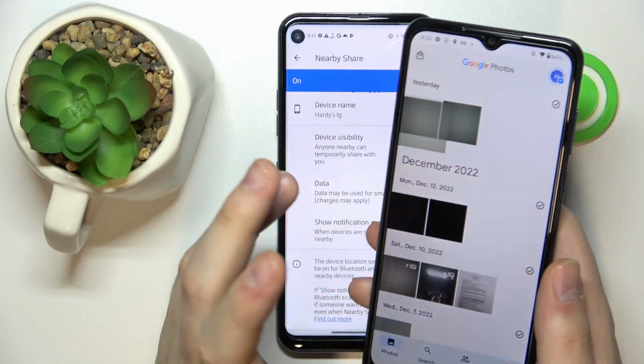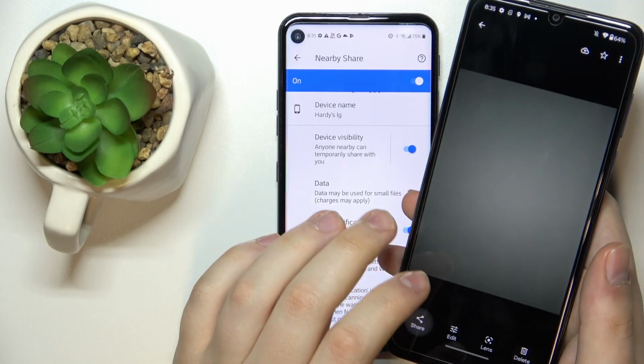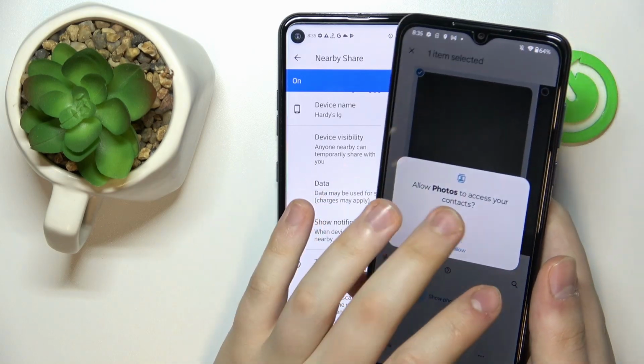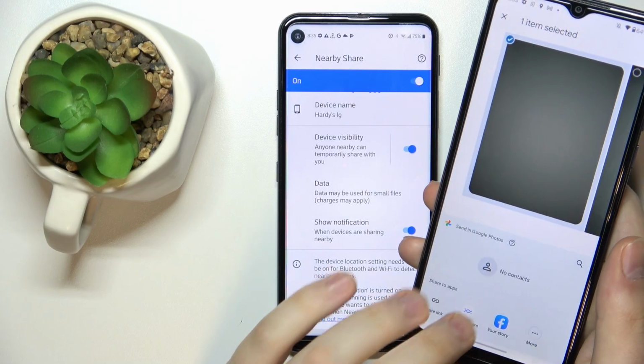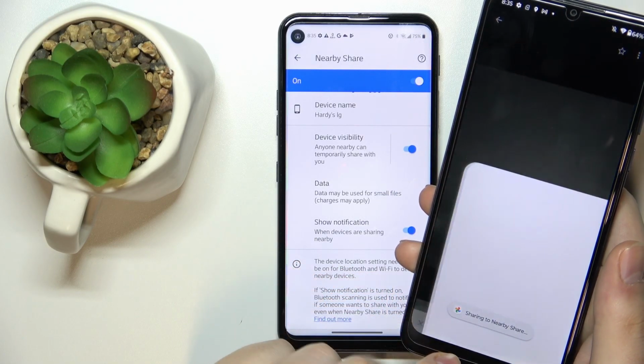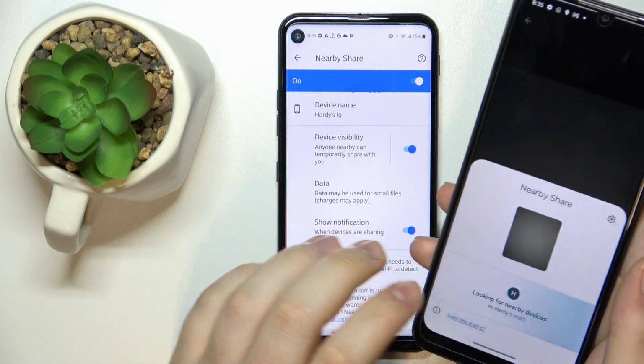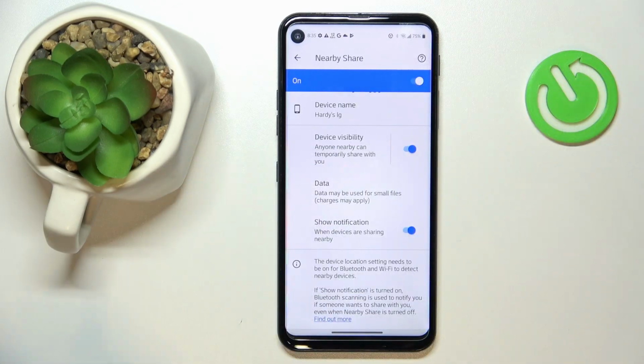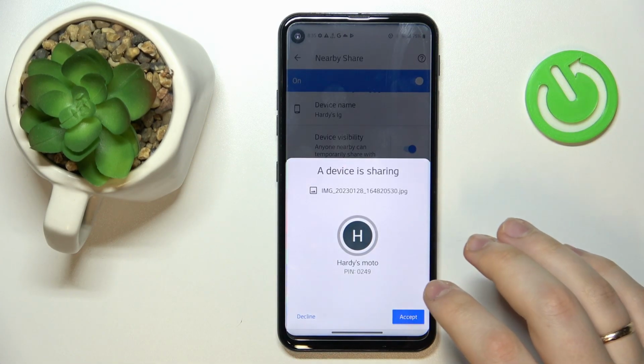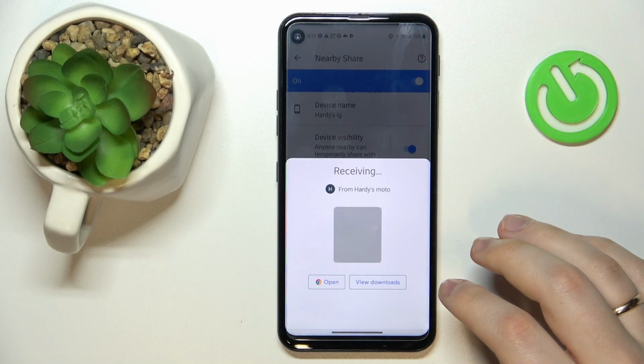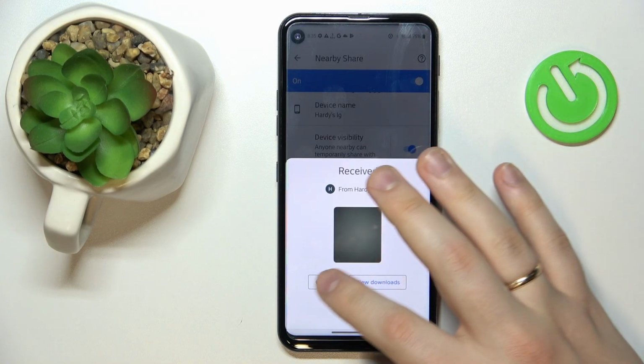So like this photo, let's say, whatever, share, allow, nearby share, wait until our LG gets discovered, tap on it, then accept the transfer at the receiver's end, wait for the photo to get moved, and as you can see,